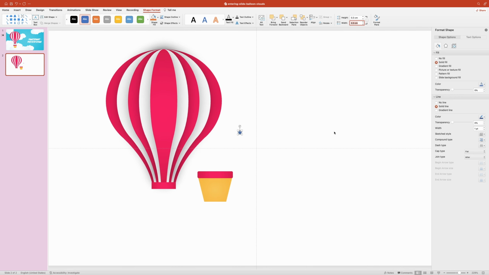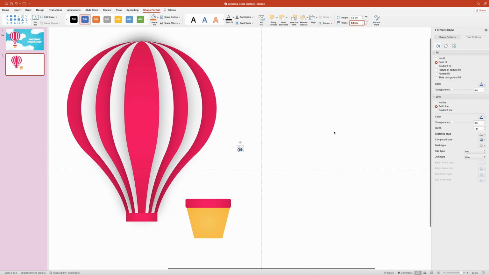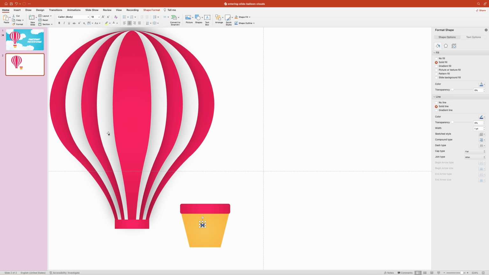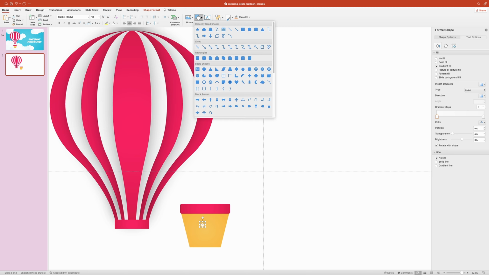Let's zoom a bit so we can see it better. You can either press Command plus on your keyboard several times or just use the slider down here. Now we'll need to change its colors to gray gradient, which we can just copy from one of the balloon shapes. Next, we'll go to the Shapes drop down once again, and this time we're gonna grab the line tool